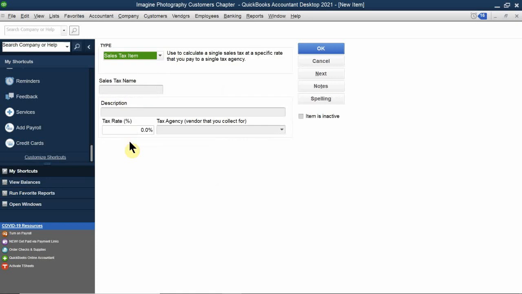So I'm going to show you this. For example, let's say I pay two different agencies for my Nevada state tax. In this case, for the sales tax name, I'm going to call this Nevada state tax. Okay, it's going to be sales tax, which is right. And then what is the sales tax rate going to be? Well, in this case, sales tax in the state of Nevada is